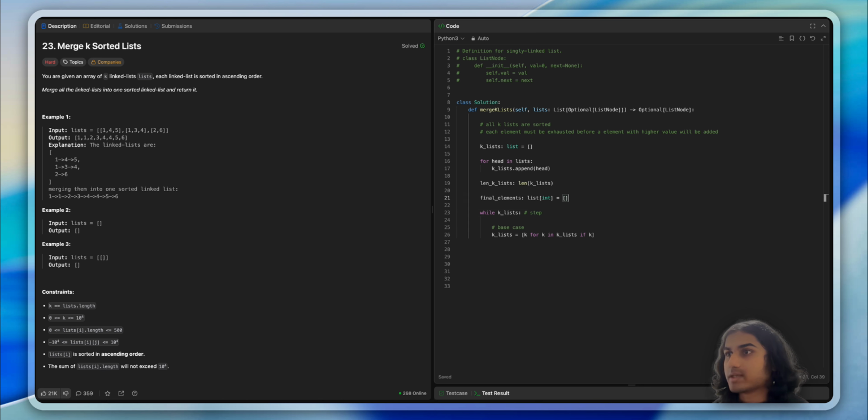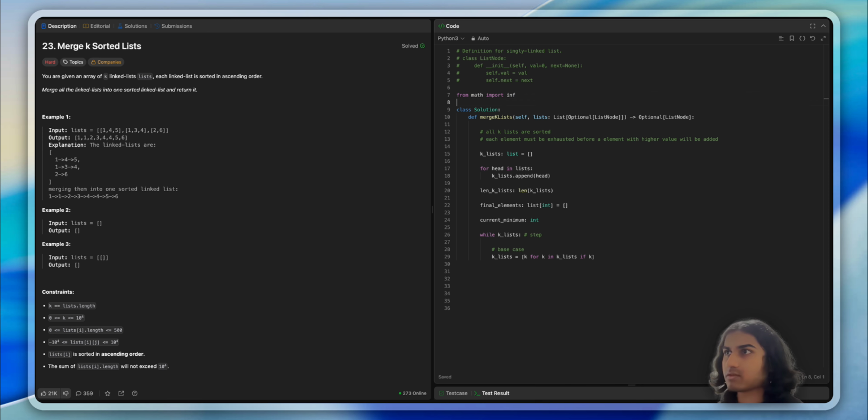And so we will be having a current minimum, and we want to set this initially to infinity such that we can evaluate whether some value is the minimum. So we can do that by importing from math and equating it to infinity. And then in each step, we first want to find out